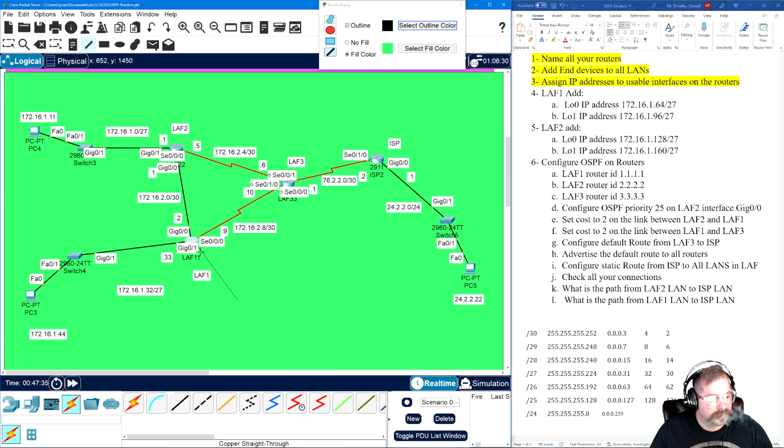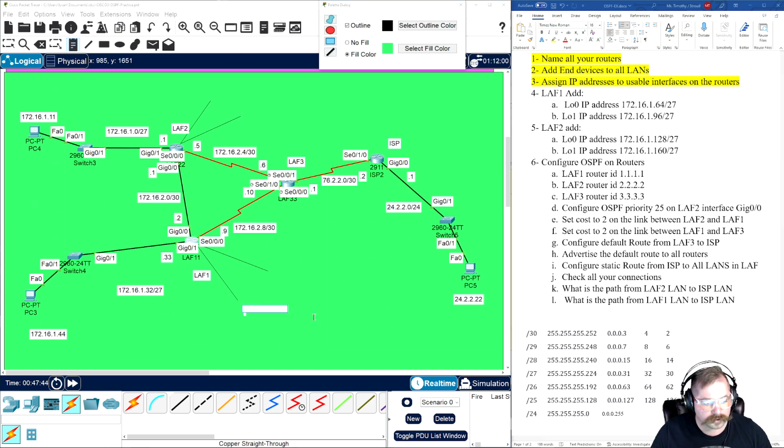So I'm going to draw a line here and a line there. And since I know LAF2 is next, I'm going to go ahead and just do that now. LAF2, that's going to be our 2 loopback addresses. Okay? I'm going to take a text box and I'm going to type in loop 0, and it's going to be 172.16.1.64/27. Now, I'm going to put 65, and you may ask why, and we'll go over